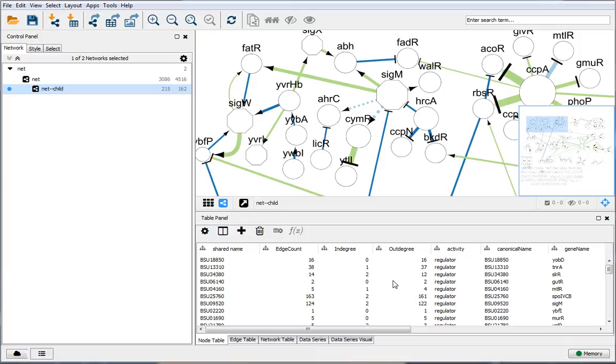For starters, you need to have the Cytoscape data series plugin installed, of course, and you need sample data. The link to the sample data is in the description or on the wiki page. You should download it, unzip it, and open the example session, which contains a B. subtilis regulatory